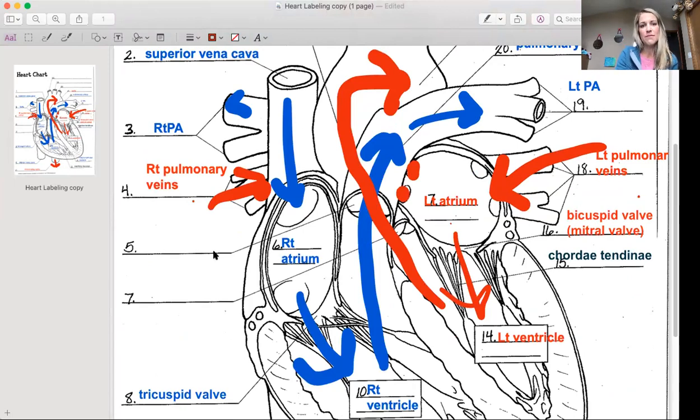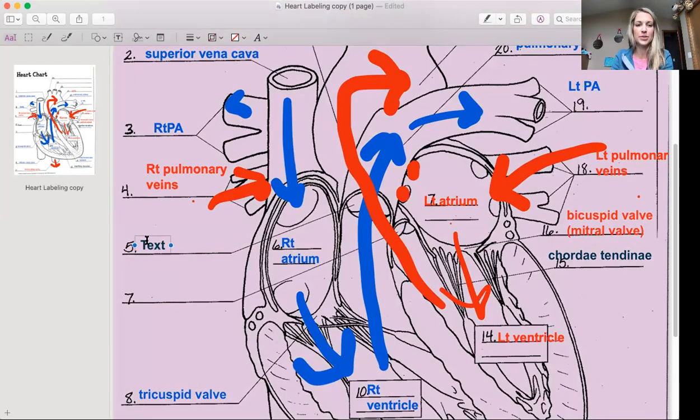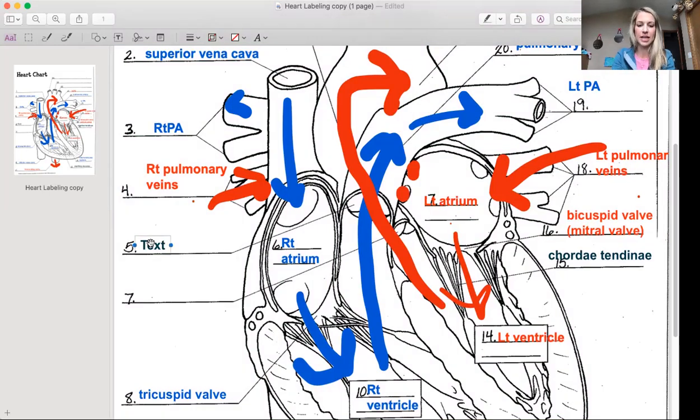Let's go here. So 5 and 6, these are these little valves, which if I took all this stuff off, yours probably doesn't have all the arrows on it, so you can see it. These are valves in the arteries here that prevent the backflow of blood coming there. And these are called semilunar valves. And lunar obviously refers to the moon, and semi, so they kind of look like half moons, I guess. So this is the pulmonary, because it's on the pulmonary artery right here. Pulmonary semilunar valve,